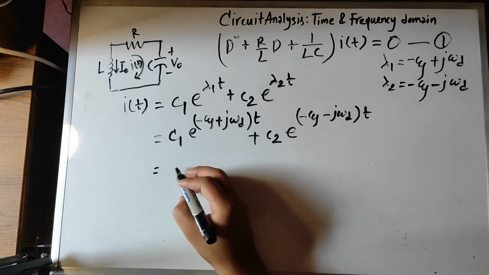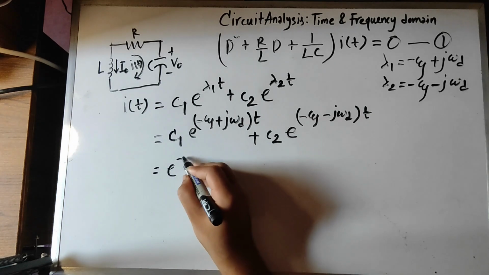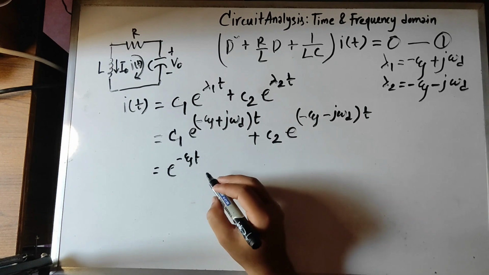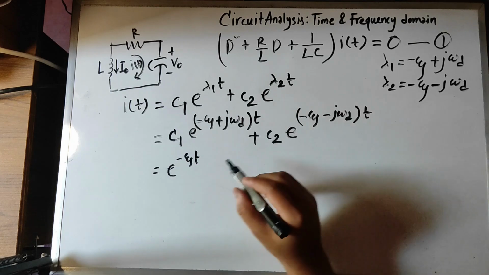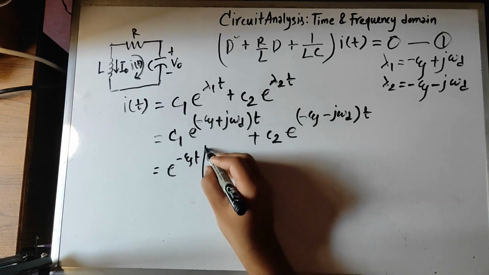If we take exponential minus zeta t common out, since it is common in both terms,